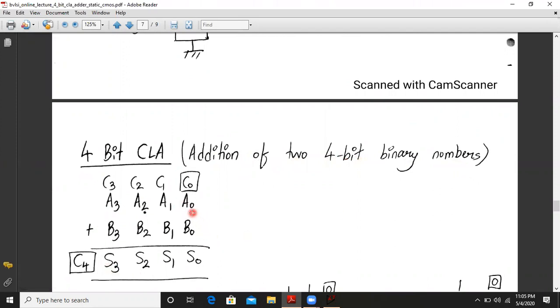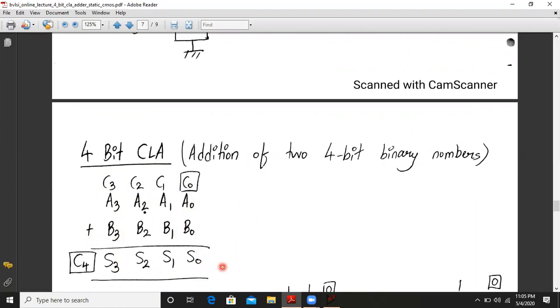A0, A1, A2, A3 will be added with B0, B1, B2, B3 bit by bit, and the carries generated are C0, the initial carry, then C1, C2, C3, C4, which the implemented transistors will generate, and similarly S0, S1, S2, S3. We have to generate these waveforms and verify by looking at them whether the addition of these 4-bit binary numbers comes out properly, along with the carry and the sum. That's the expectation from LT-Spice.